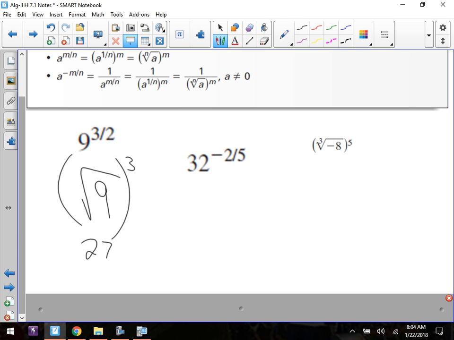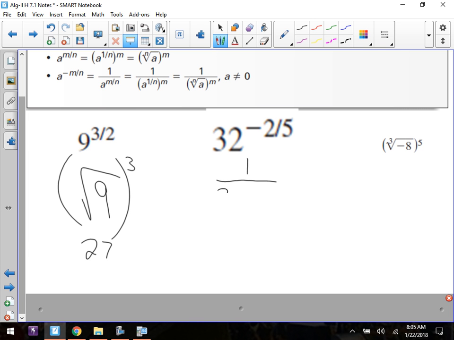Go to the next one. You've got 32 to the negative 2/5. He's not happy right now, is he? No, it's not happy. It's sad. So if it's not happy, let's make him happy. What's the nth root going to be there when I put that to the denominator? 5. Okay. So it's the 5th root of 32